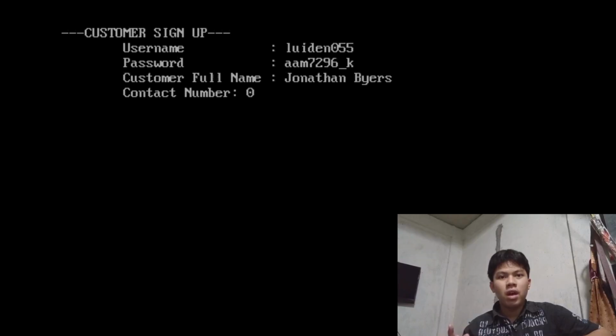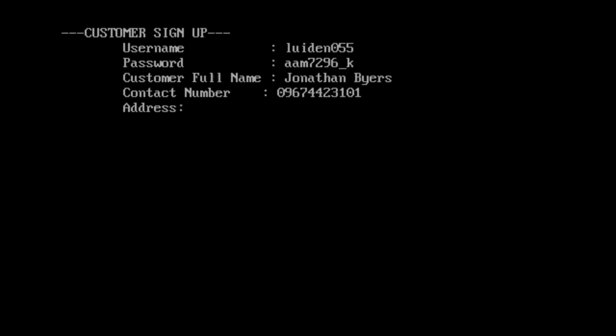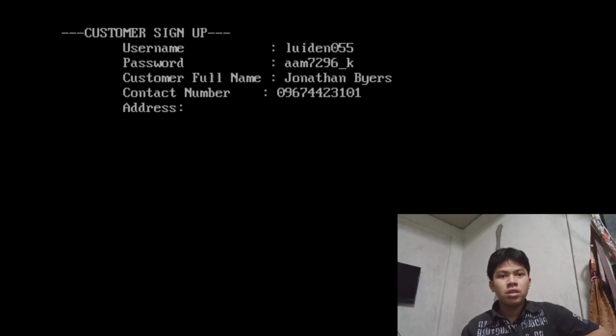This is how the system handles the contact number. This is how the system handles the address.